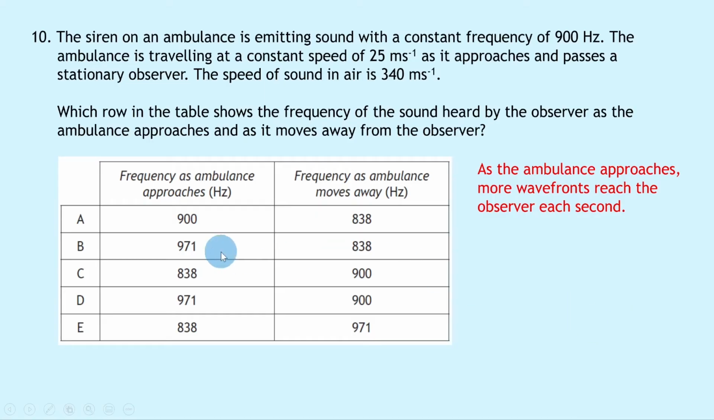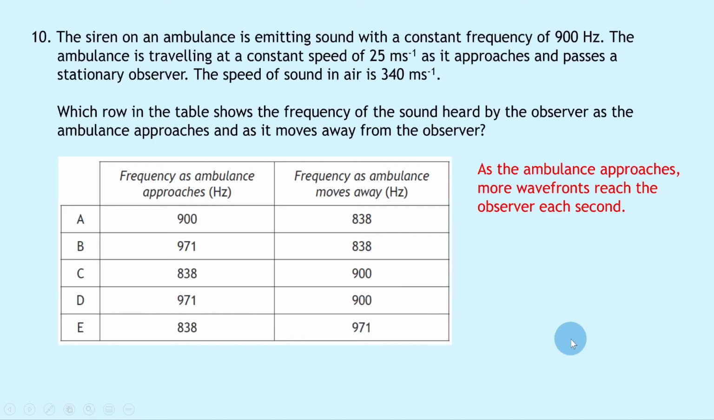So I'm looking at a value of 971 in this case, because that is the only option higher than 900. So I'm going to eliminate A, C and E here and look at just options B and D. But I want to find out what's going to happen to the frequency. Is it going to get lower as the ambulance moves away, or is it going to stay the same at